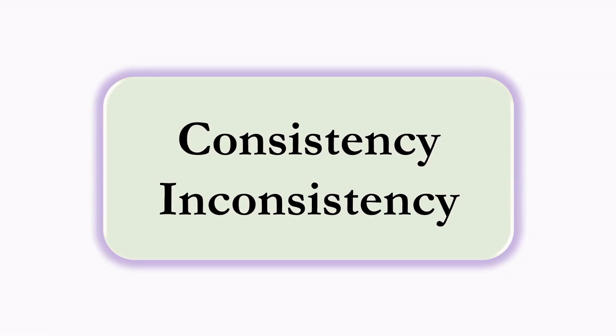So, in simple terms, intersecting lines means one solution, consistent. Coinciding lines means infinitely many solutions, consistent. Parallel lines means no solution, inconsistent. Understanding this helps us quickly determine the nature of solutions just by looking at the graph. Let's move ahead and see some examples based on this concept.